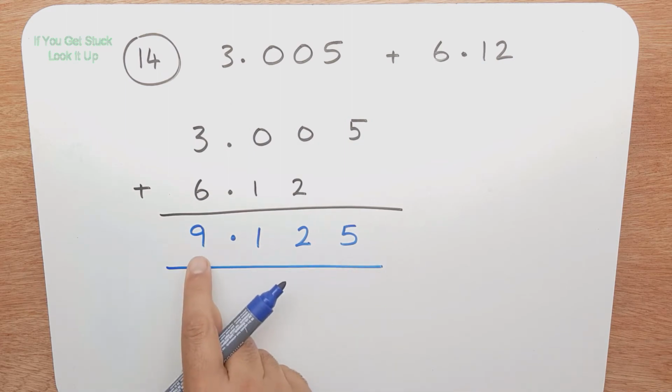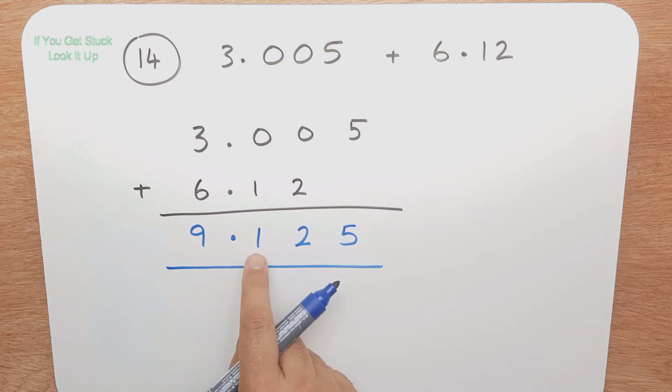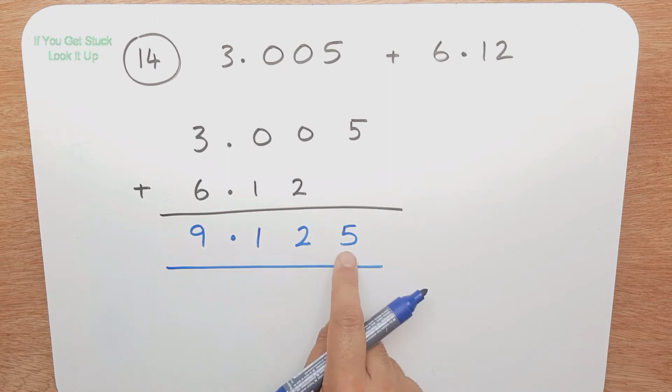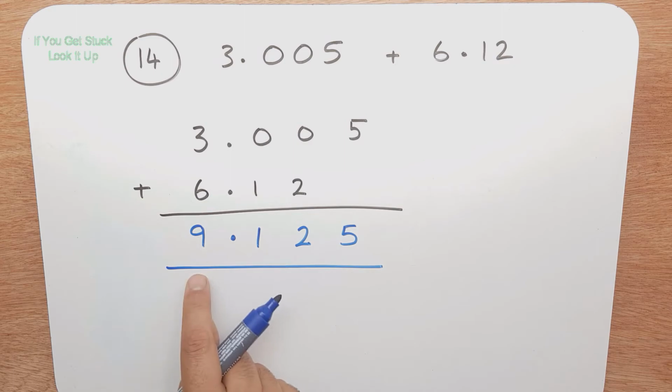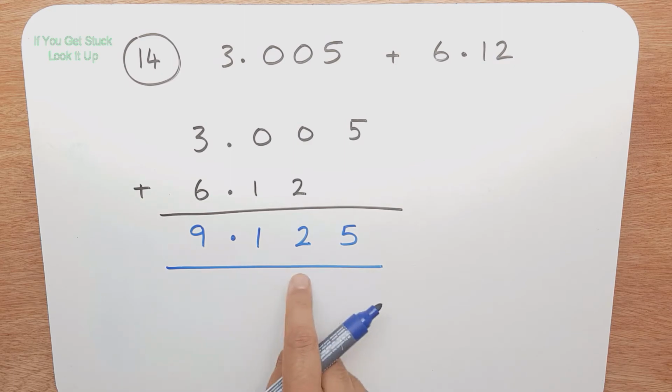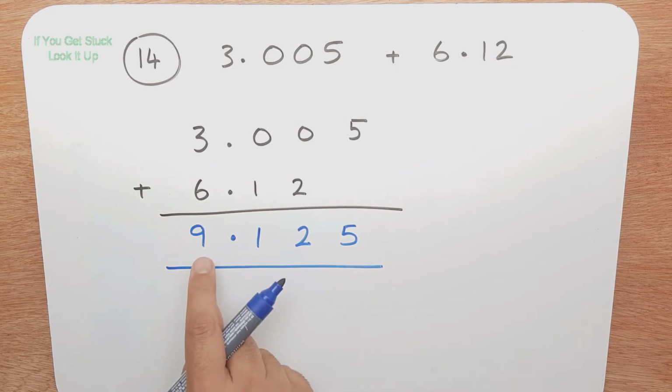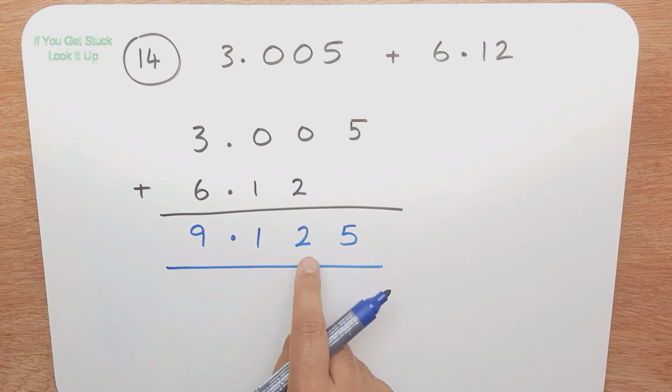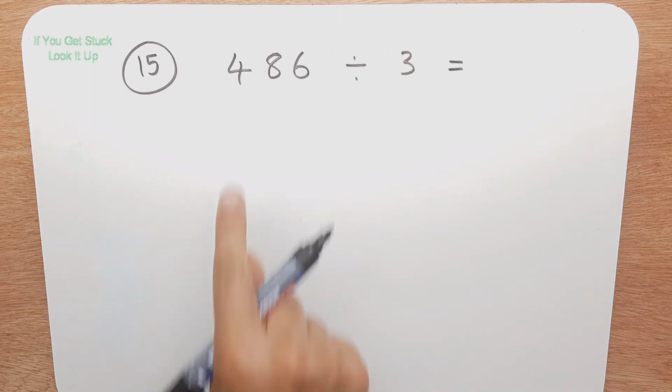So our answer is 9.125. Try avoid saying 9.125. It's better to say 9.125. Question 15 is